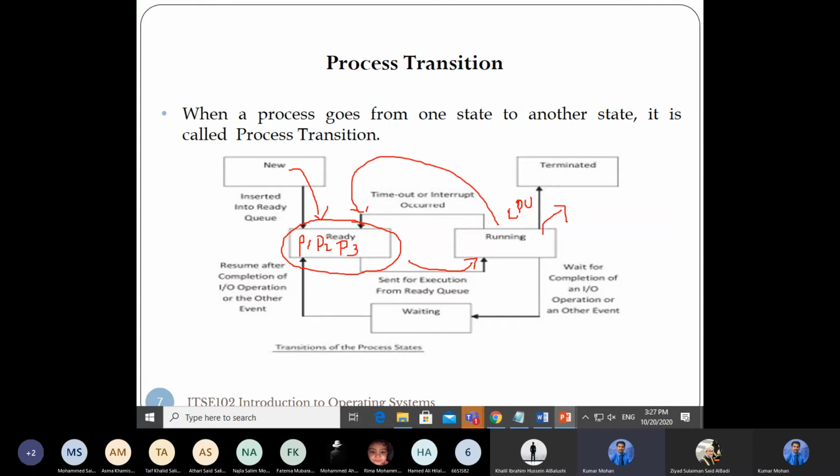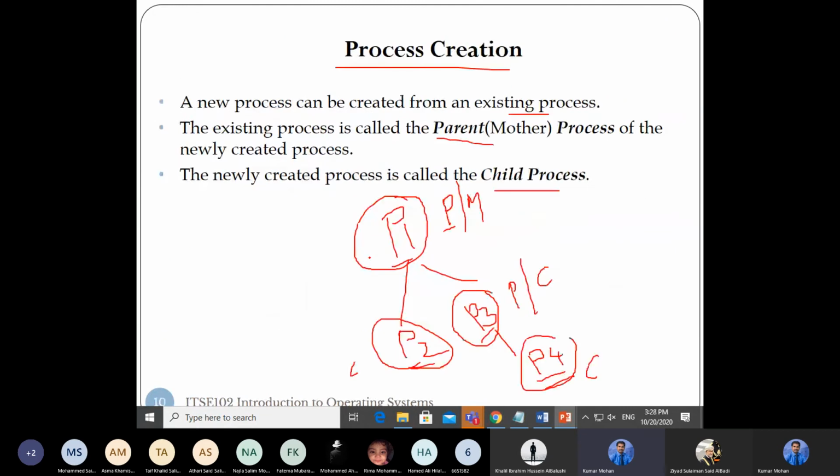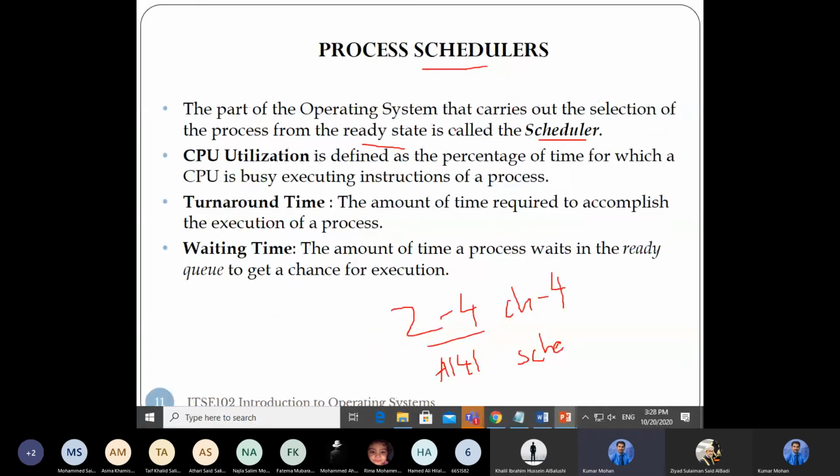The CPU has to select which process to execute. That is called scheduling. The part of the operating system that carries out the selection of the process from the ready state is called the scheduler.